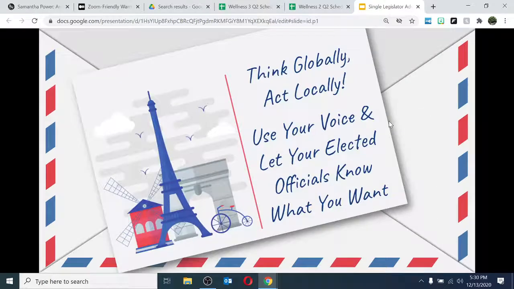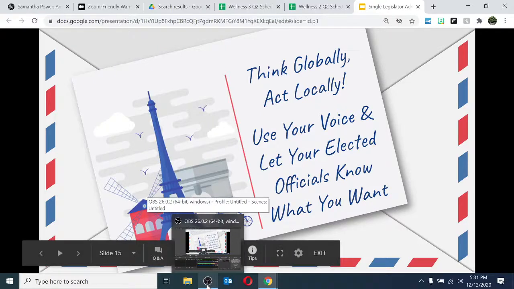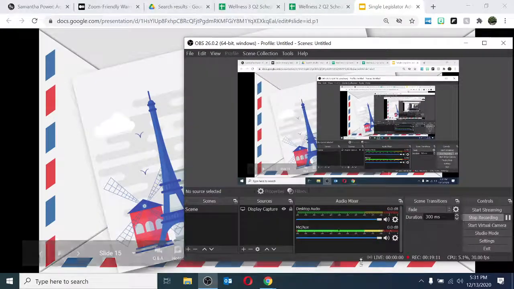Okay. All right, that is it, you guys. So again, make sure you talk to your teacher, make sure you know how many letters for your quarter your teacher is expecting from your group, okay, so that you don't lose points because you didn't do enough letters. So other than that, you should be ready to rock and roll. And again, it will be up to you. It will be your choice if you want to actually mail the letter off or not. You will be graded on how well you format your letter and the arguments that you make for that person to either vote for or against the bill that you find.